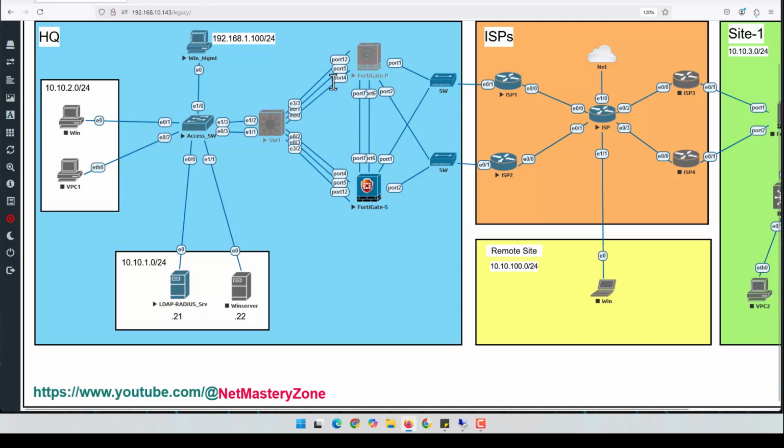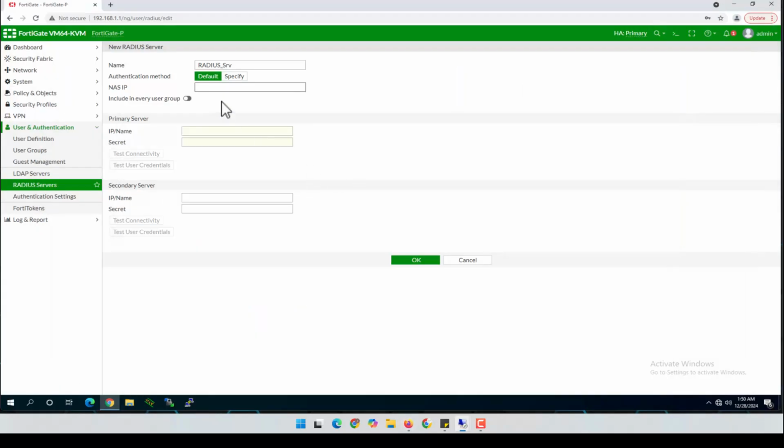It's for security reasons, because every time the FortiGate requests a RADIUS service, it knows that this service is coming from this IP address on the inside. For example, if we have another RADIUS server on the outside, and a reply comes back from another IP address, the FortiGate will not accept that. Here, of course, we can write that IP address, or if it's not required, you don't need to use it and we can just skip it. But here I'm going to add this IP address,